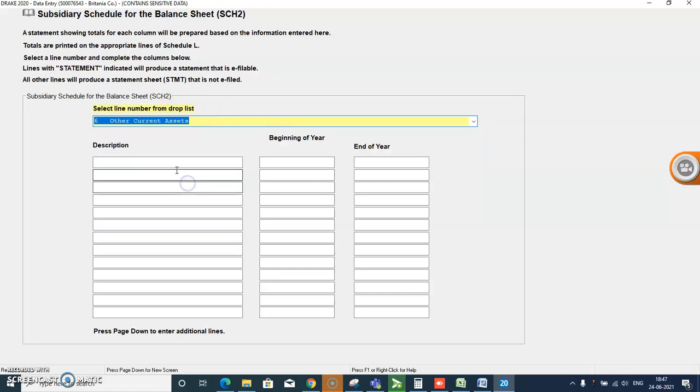For other current assets, you can provide a description like inventory or something like that. At the end of the year the balance is $5,000.